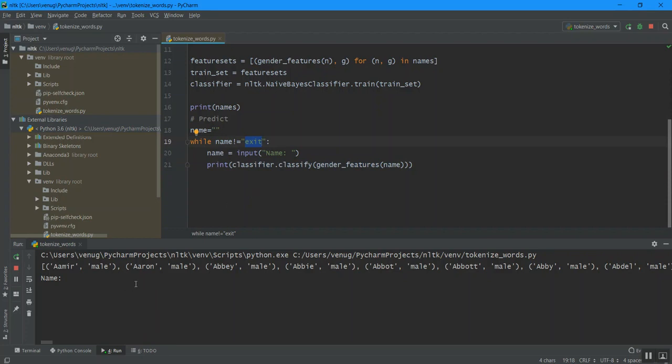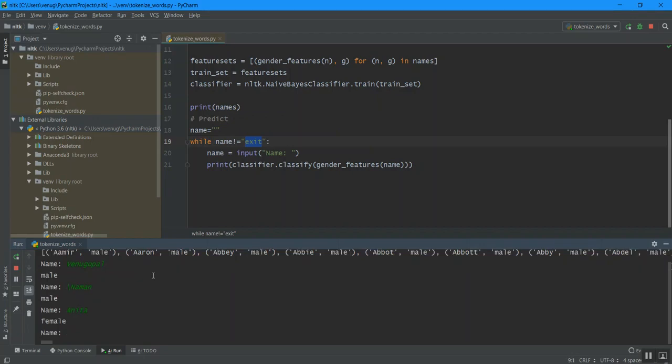Okay, so let's see how this classifier works. Let's give some name. So Venugopal, it has predicted that Venugopal is male. Let me use some other name, Naman. Okay, Naman is male. Let me use some other name, Anita. So Anita, it has predicted